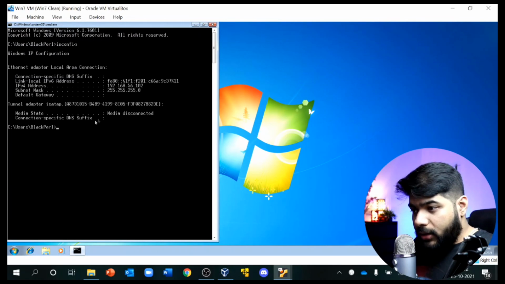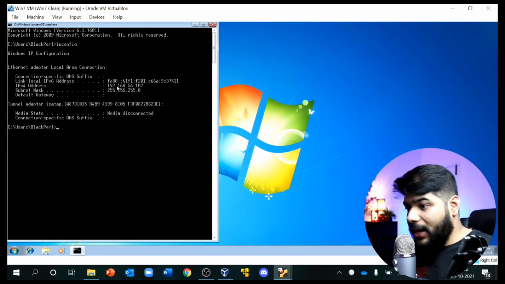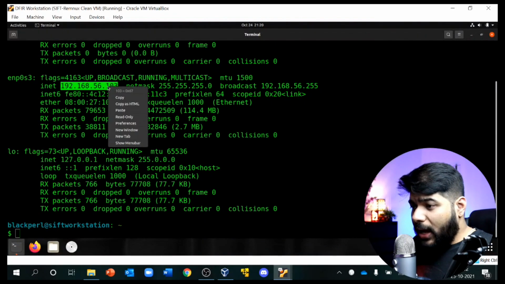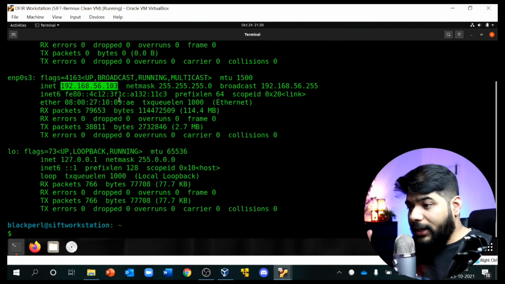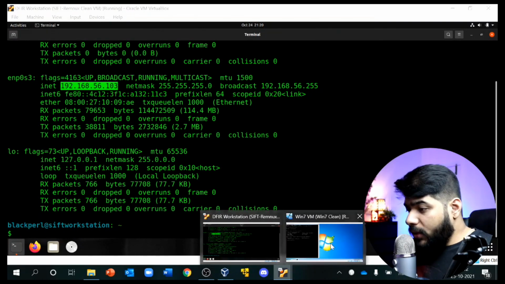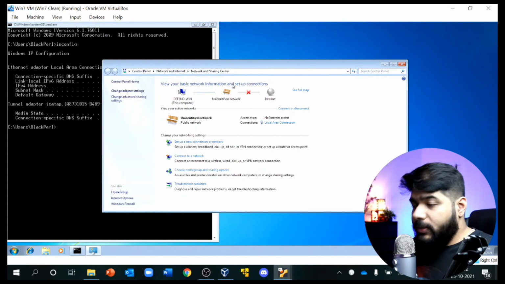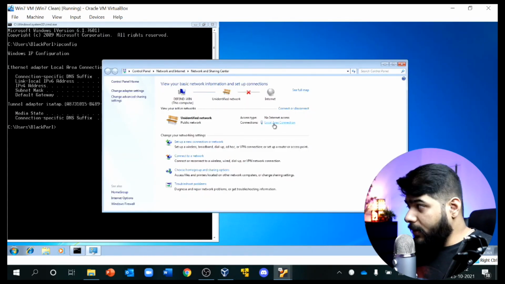Okay, so now you see this is running on 102 over here, and our Remnux machine was running on 103. Okay, so now, as I told you, we need to route every DNS record and traffic to this particular Remnux box. So for doing that, we need to go to the network sharing section of this particular Windows 7 VM.